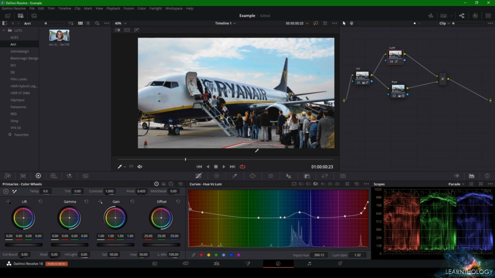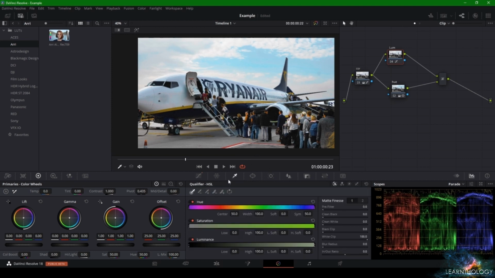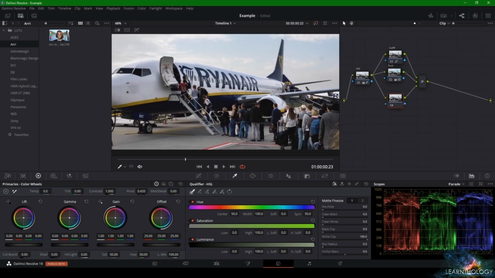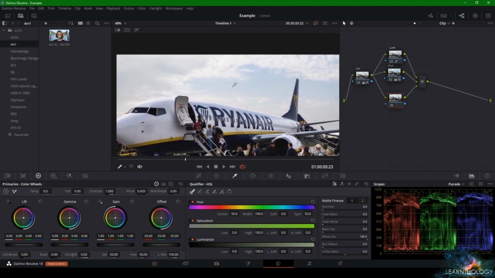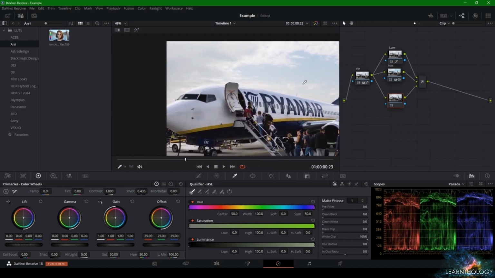Now, actually, I forgot something to tell you. We have learned about qualifier, I guess. Yes, we have learned about qualifier. So what you could do would be to, let's say, I could add one more corrector. I could add it here. And what I could do now would be to qualify. So I could select a color or something like that. I could select, let's say,